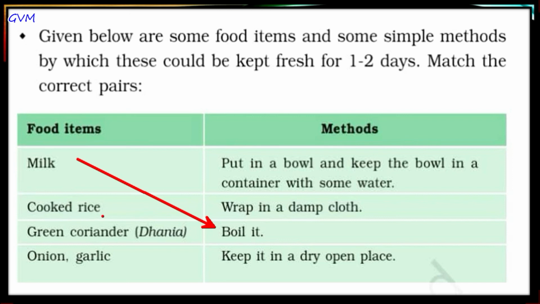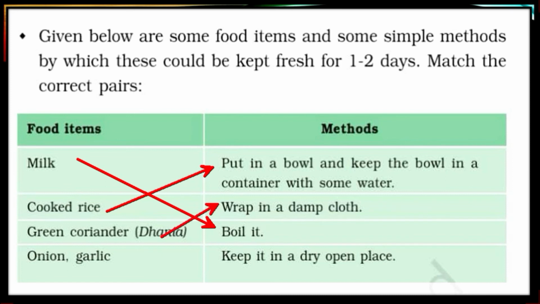The next is cooked rice. Yes, you are all right. We can preserve the cooked rice by putting it in a bowl and keeping the bowl in a container with some water. The next one is green coriander, which means dhania. Now, can you tell me how we can preserve it? Yes, you are all right. We can preserve it by wrapping it in a damp